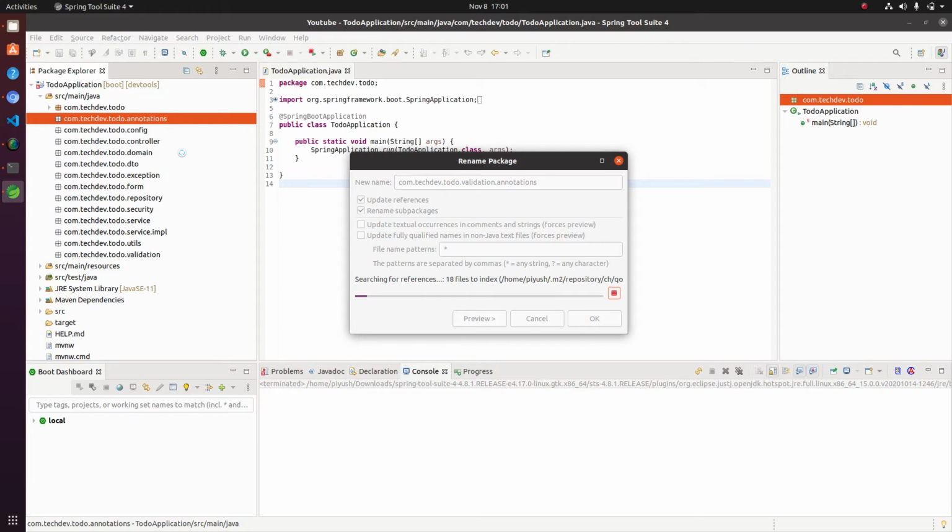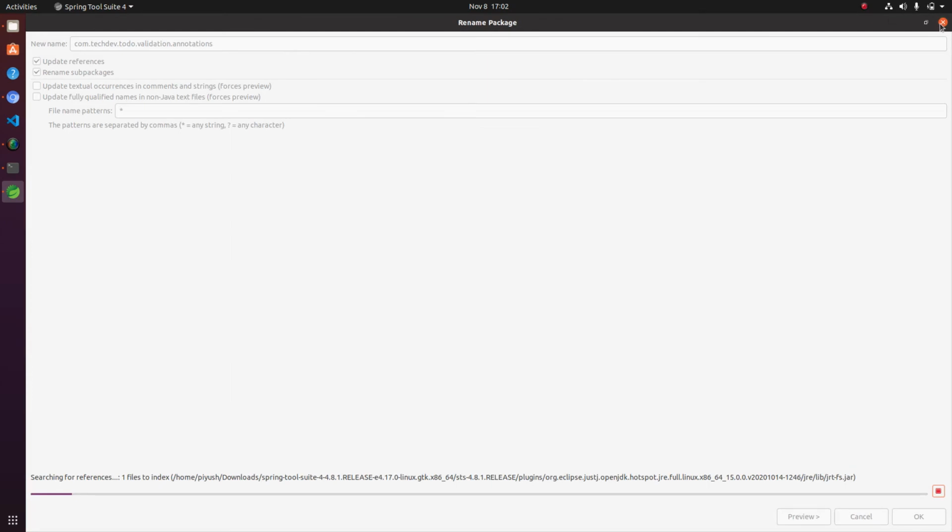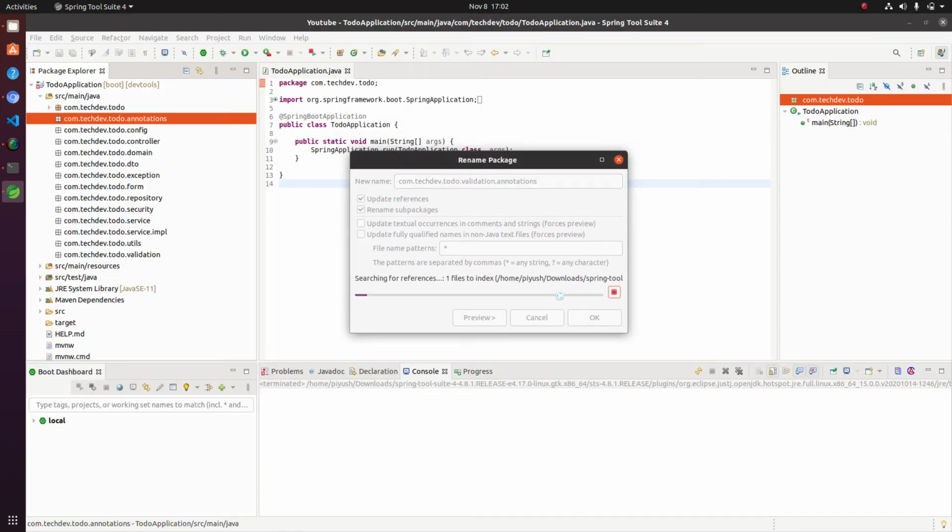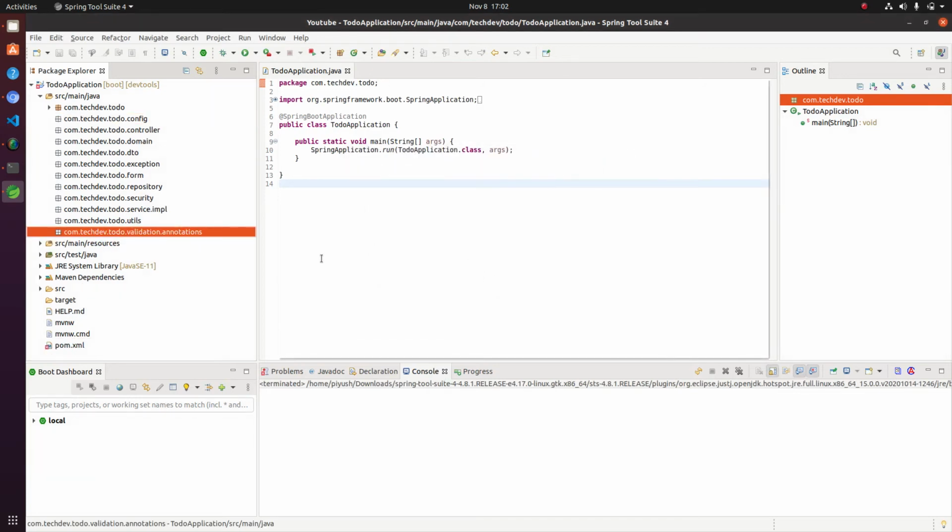It will rename the package. Okay, so validation annotation package has been created.